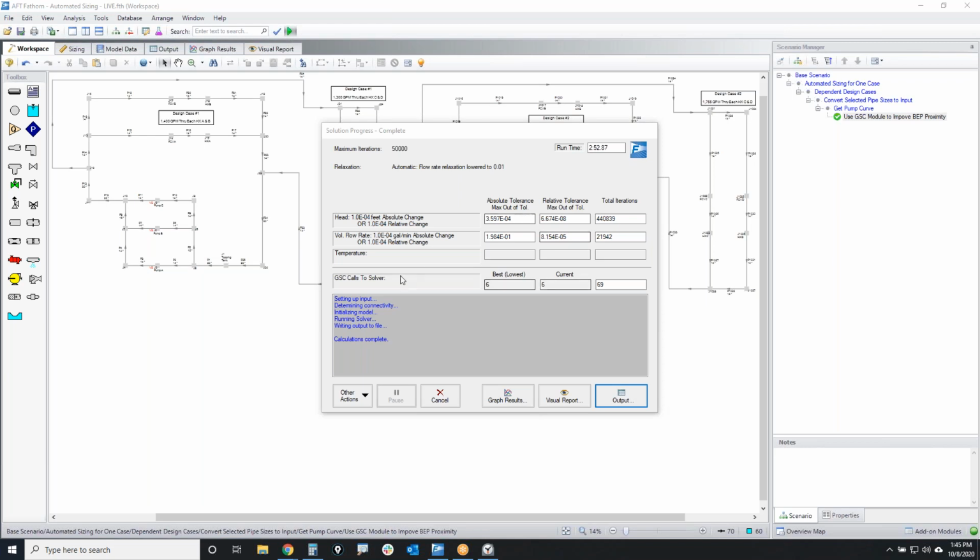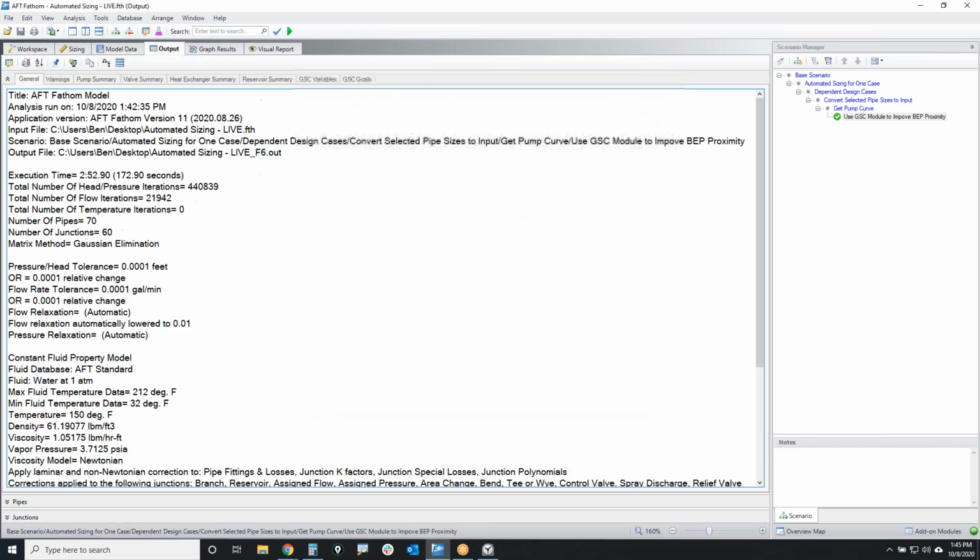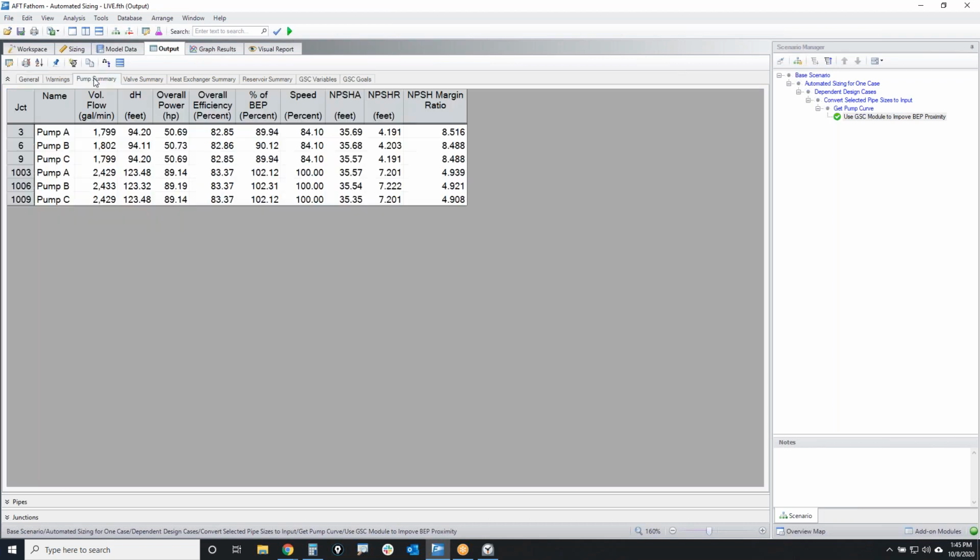There we go. All right, so our calculations are complete. Let's take a look at the output and to our pump summary. Okay, so what we were able to see here is that we did achieve 90% of our BEP. Excellent. That's great news. And the way that we got there is by changing the pump speed down to about